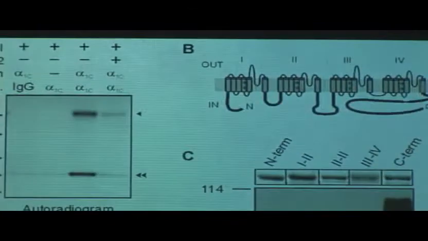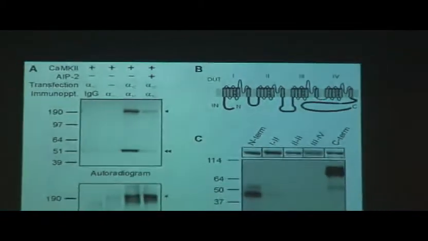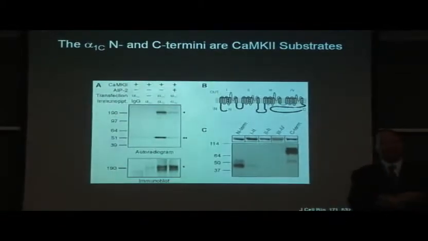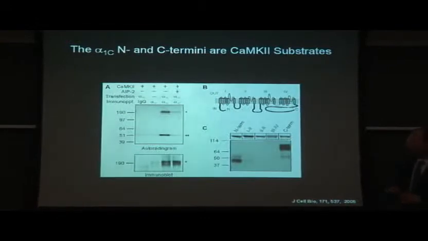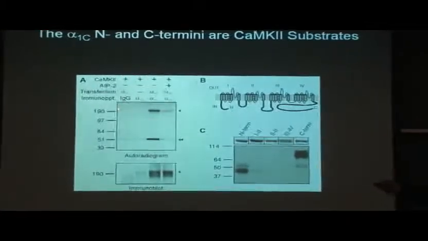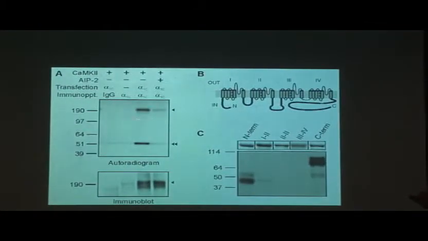So we took the approach of trying to figure out how it works by first figuring out whether the calcium channel itself was a CaM kinase target. What we did here was express in HEK cells the alpha-1C, or the pore-forming subunit of the calcium channel, along with the accessory subunits, and then did immunoprecipitation of the intact channel, and then did phosphorylation with CaM kinase II. And what you can see is that the channel is a substrate, so it gets readily phosphorylated. This is incorporation of P32 right here, and that's blocked by a specific inhibitor of CaM kinase.